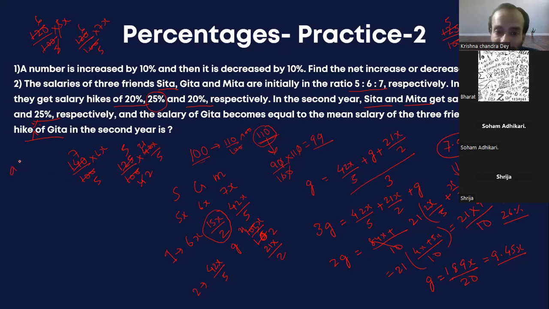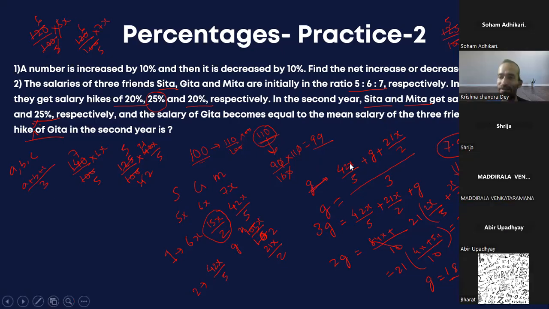Mean, if 3 numbers are there, A, B, C, mean is A plus B plus C by 3, right? So average, mean is nothing but the average. So this is Sita's salary, this was Geeta, this was Meeta. So this divided by 3, right? That's what I did. Actually, this G should be here, like it should be done like this, but yeah, that's fine. You understood that, right? I just wrote it because I did not have that much space to write in this slide. Okay, understood, right?